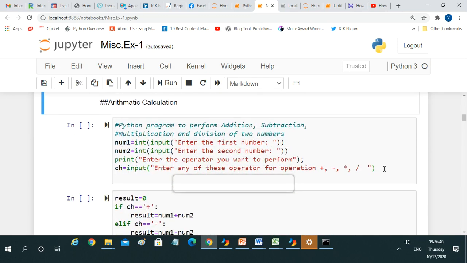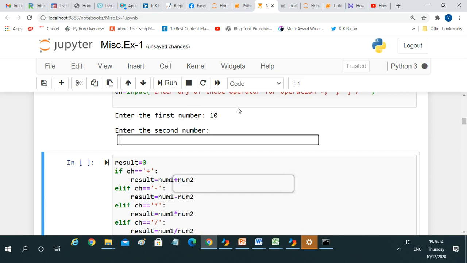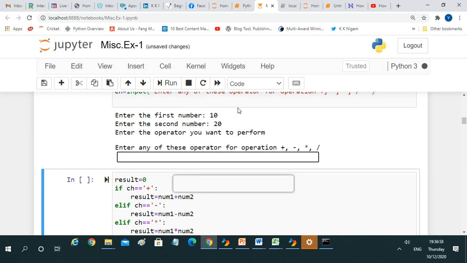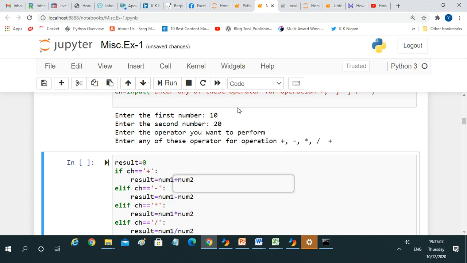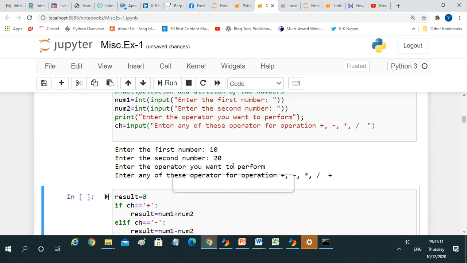So let us now execute it. Go there, run it, and you can see that it is asking for two numbers. So 10, if I enter, again the second number, 20, again enter, and then it will ask what you want to do. So I have to enter plus because I want to do the add operation. So again enter, and then I have to run this code